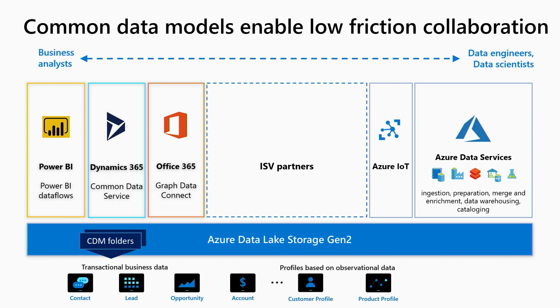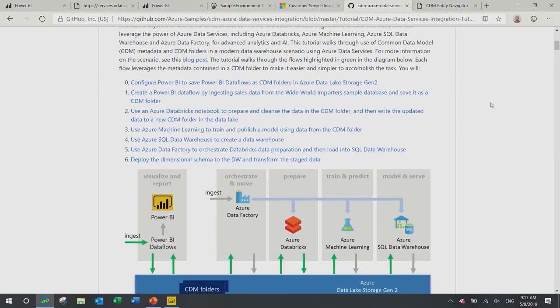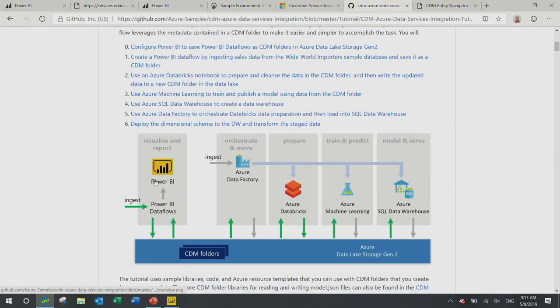Actually, let's switch to this machine. This is a tutorial that is publicly available that you can walk through by yourself. There are libraries we have released that are basically an object model of the common data model for multiple languages. You can follow along this path here. What the diagram shows is what the tutorial ultimately does. You start with your own database, maybe your business data. You use Power BI, connect to your data, bring it into the lake, and then you use Azure Data Factory and Databricks to do further transformation and further enrichment with another data set.